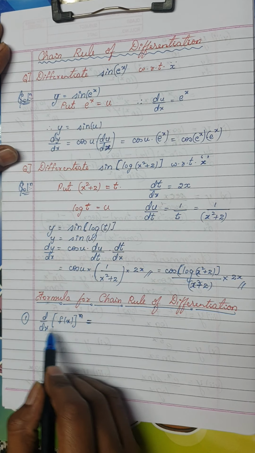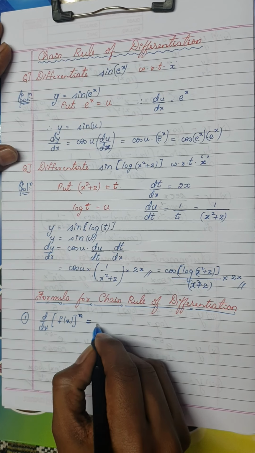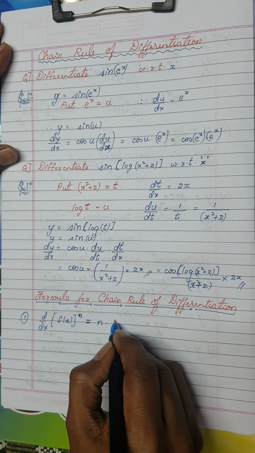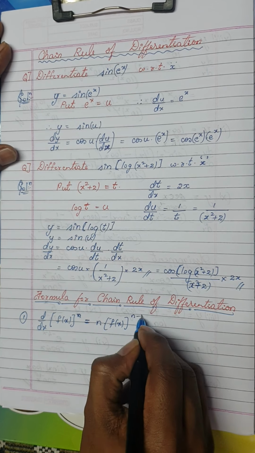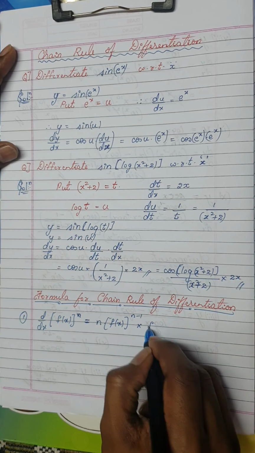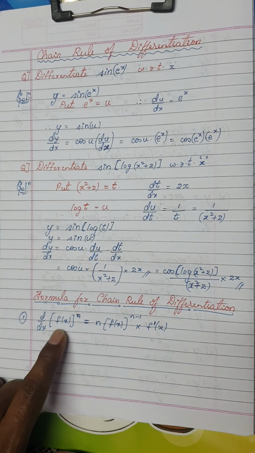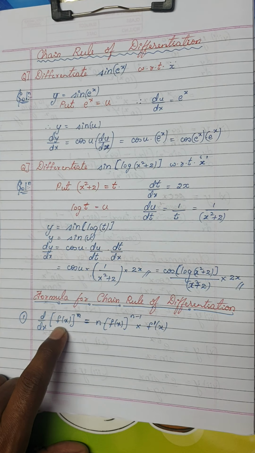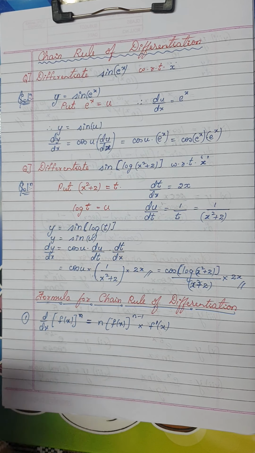Now here I have the derivative of f of x power n. So this can be written as n into x power, so in place of x I have f of x, take f of x itself. So n into f of x power n minus 1 into, actually it is f dash of x. Instead of x, if there is any other function, use the original formula, but the thing is, differentiate the function back.